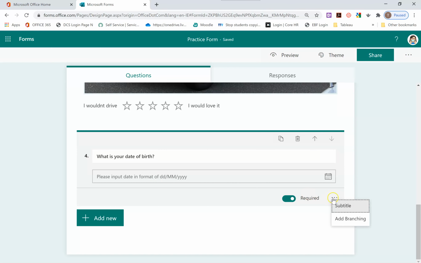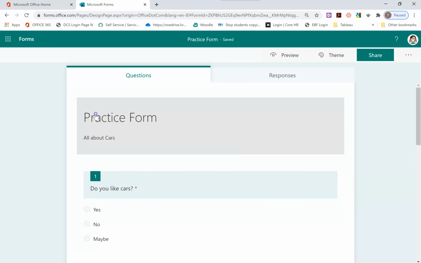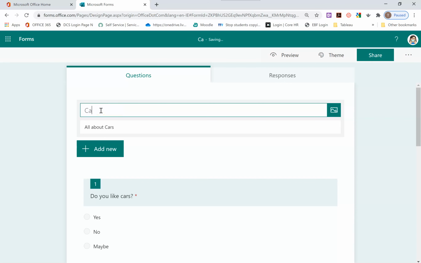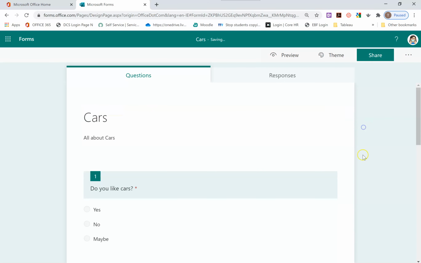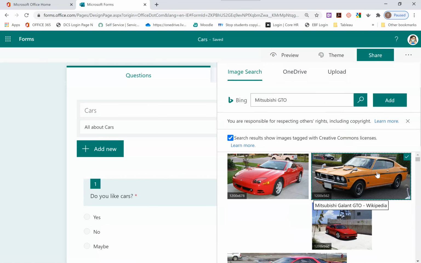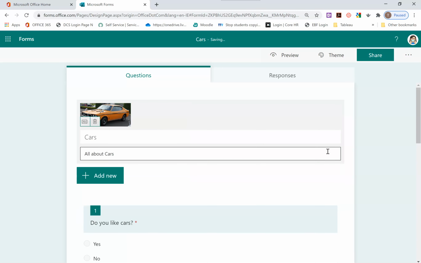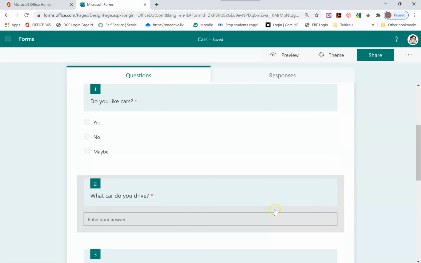Okay, you can always check in here for any other options that it'll give you. So now that I've added those basic questions into my form, I'm actually going to call it cars instead. Okay, I can also decide if I want in here to add a picture of the car, just to brighten up my form a little bit. Okay. As you can see, it doesn't come the size of the other car in the question, but it still